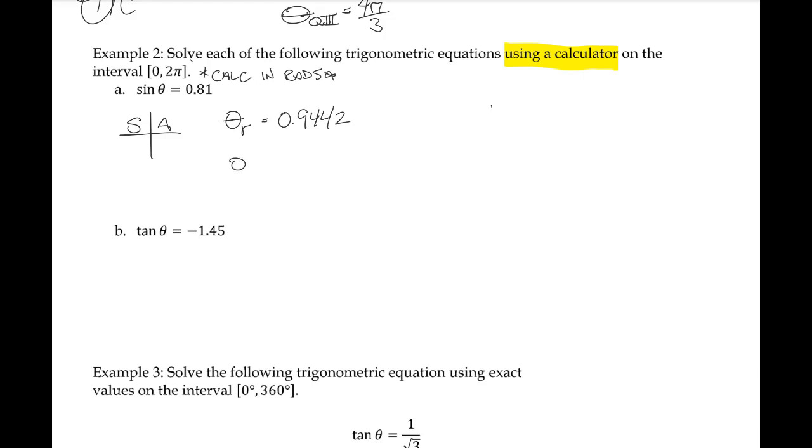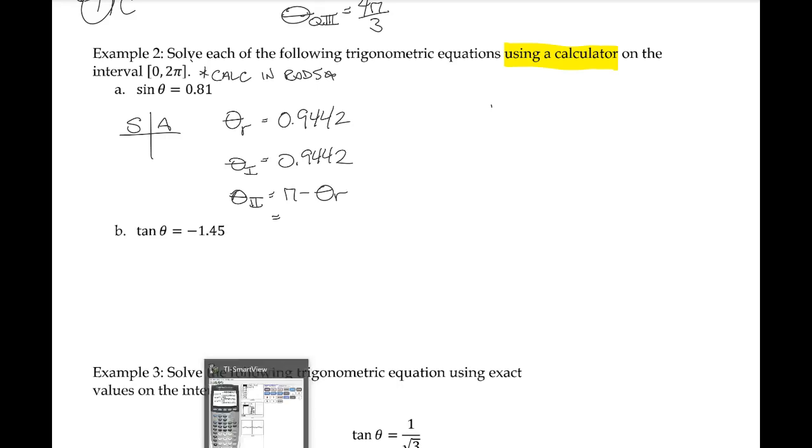In general, I can say theta 1 is 0.9442 because again, your reference angle is always that angle in the first quadrant. And theta 2 would be pi minus theta r. So that's going to be,